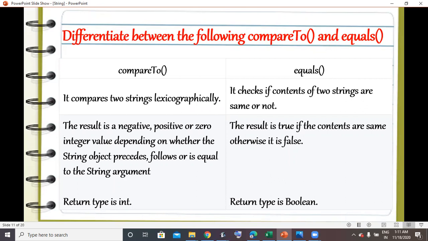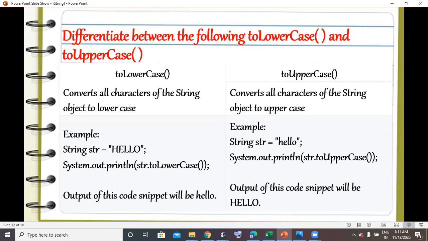And if both the values are same, then it will give you zero value. Now we come to toLowerCase method and toUpperCase method. It is simple. toLowerCase converts all the characters of the string to lowercase, whereas toUpperCase converts all the characters of